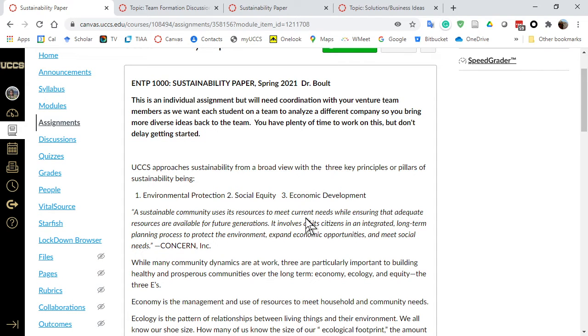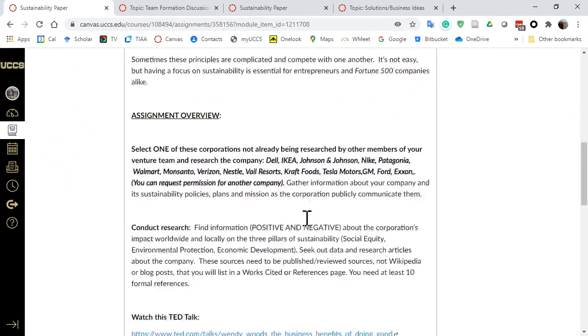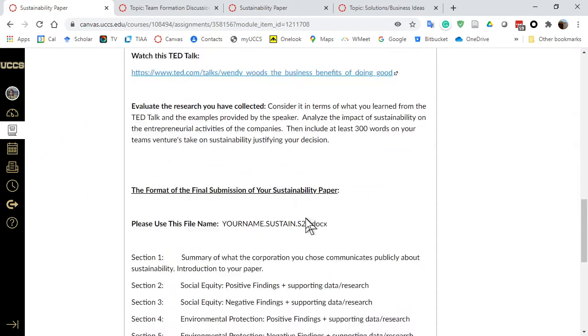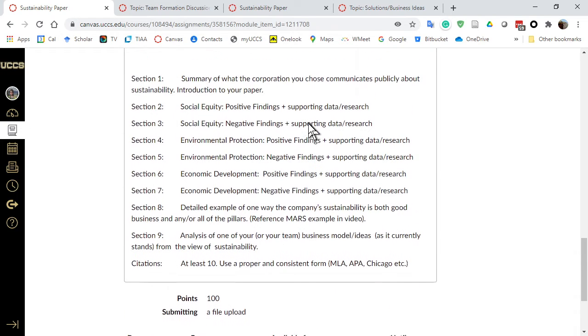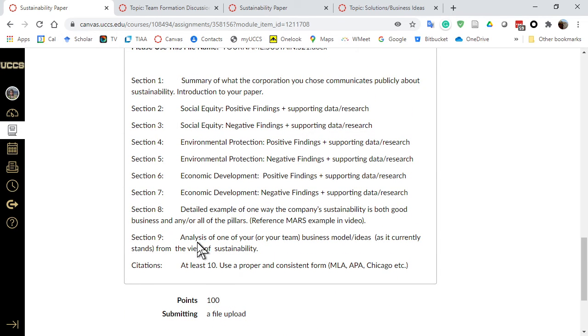The team formation is important, but it actually isn't that time consuming. Start working on your sustainability paper. Again, the assignment has the details, there's some things to watch when you're graded, and the one thing that's different from what I had in the video is there's now